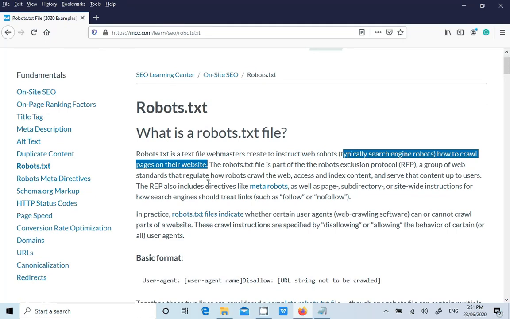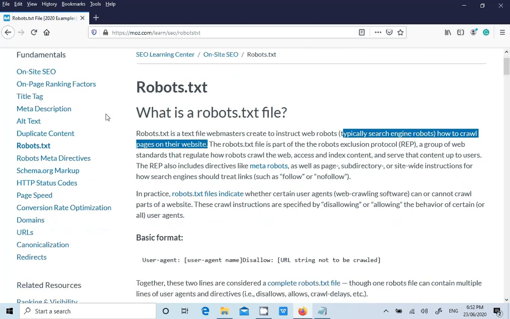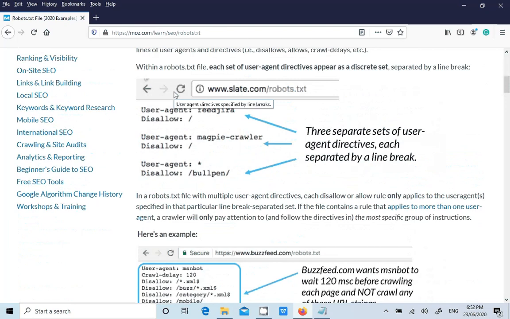What do I mean by crawled by Google? It means crawling, like spidering the web application. Google will spider your complete web application and store all the path names on the Google server. If someone searches for something, then based on that information, it will show some paths. If you see a robots.txt file, you will see something called disallow. This is the folder actually, like bullpen. This folder shouldn't be crawled by any search engines.